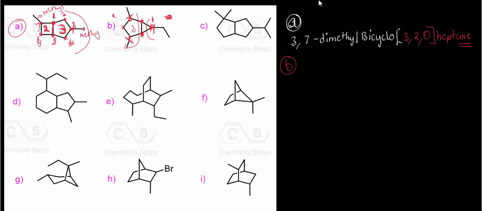So this one here, it's ethyl. Why is it ethyl? Because we have two carbons, which is 1, 2. This side here it's methyl. This side here again is what? Methyl. So now, the next thing, when you're counting, make sure you go to the side which has a lot